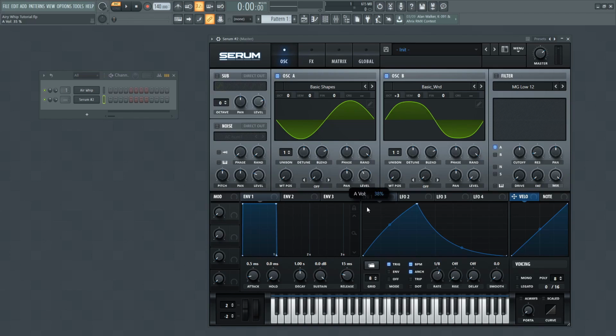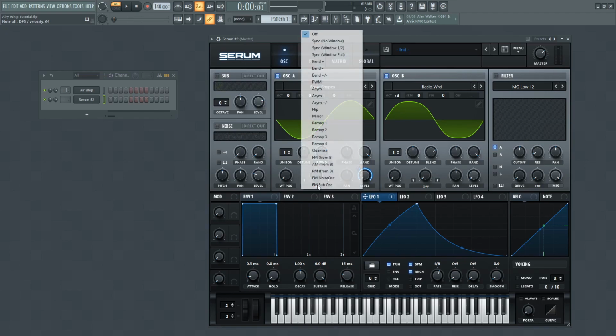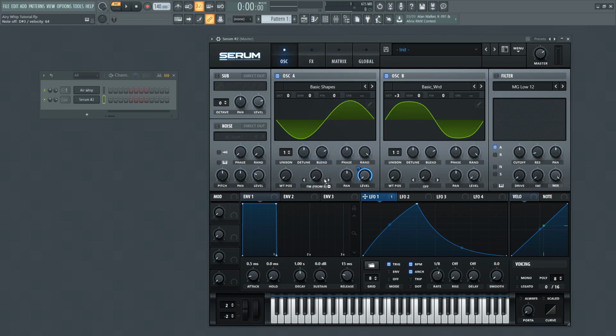We're going to bring the level all the way down of oscillator B, throw our LFO on it, and that just cleans up the sound quite a bit, so that when we do play it, you just hear a sine wave, and that's kind of it. But then we're going to turn on our good old friend FM from B, because what is a dubstep sound or a wobble without that? We're going to throw it on there, and we're going to crank it down, I guess, to 40. So then we kind of have that bass vowel